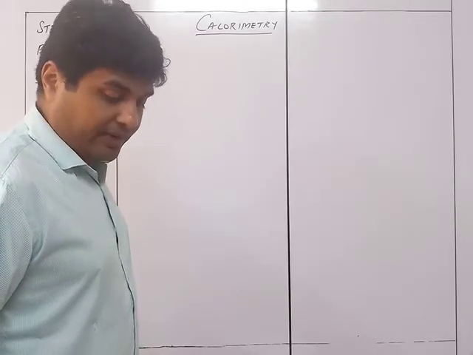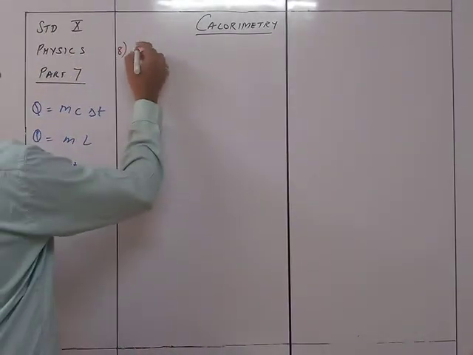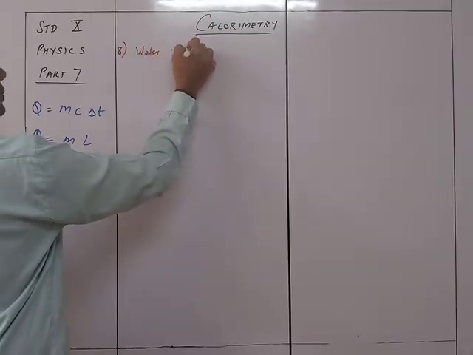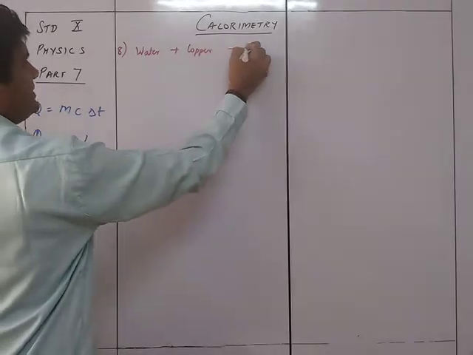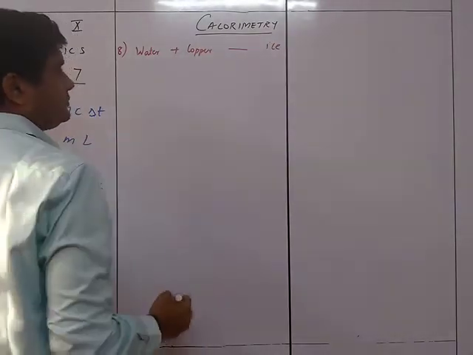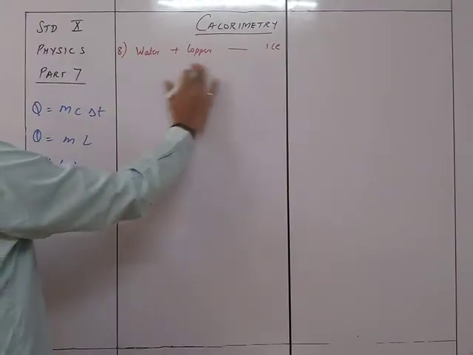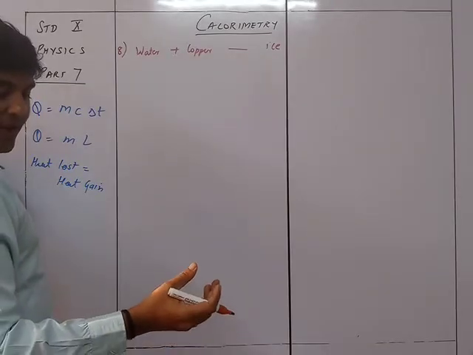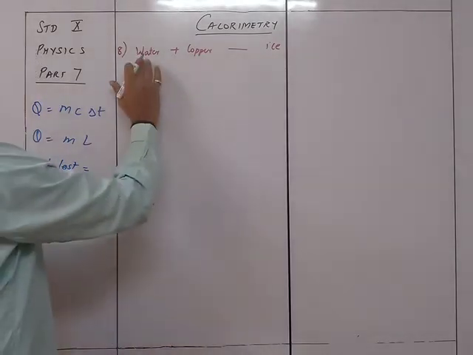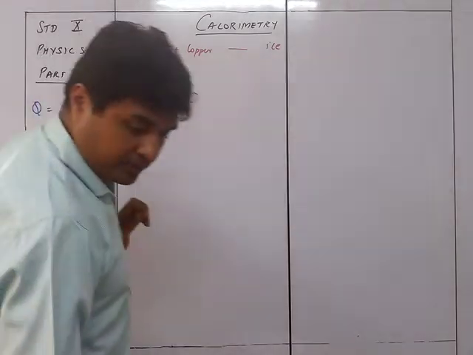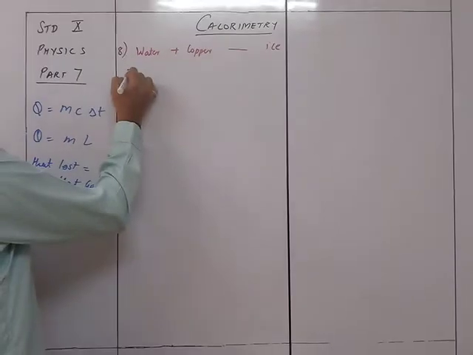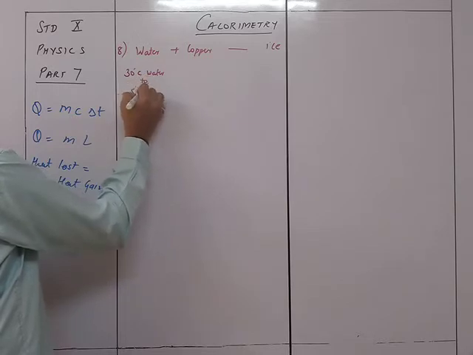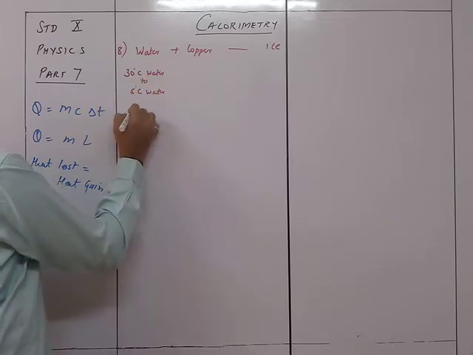Now again, very tricky. On one side there is water plus copper, and on the other side we have got ice. So the change in state, let's understand the thing, that's why I'm writing it this way. What is going to happen is that 30 degrees Celsius of this is going to turn into 0 degrees Celsius. We have to bring it down to 5 degrees Celsius. So 30 degrees Celsius water to 5 degrees Celsius water, that will be mc delta T.